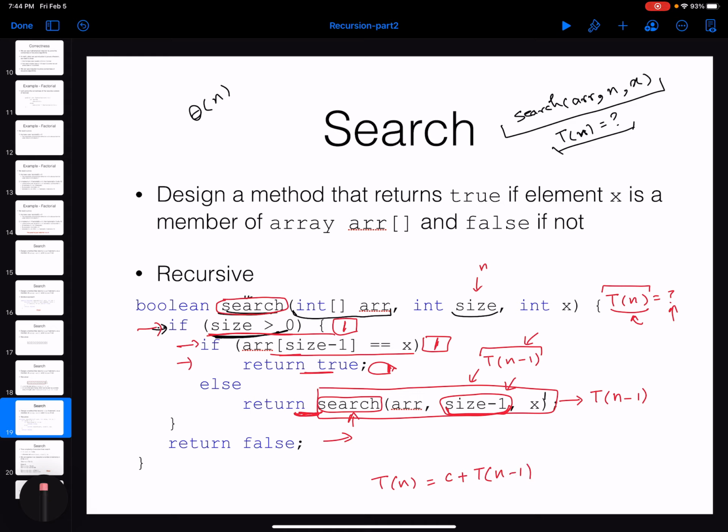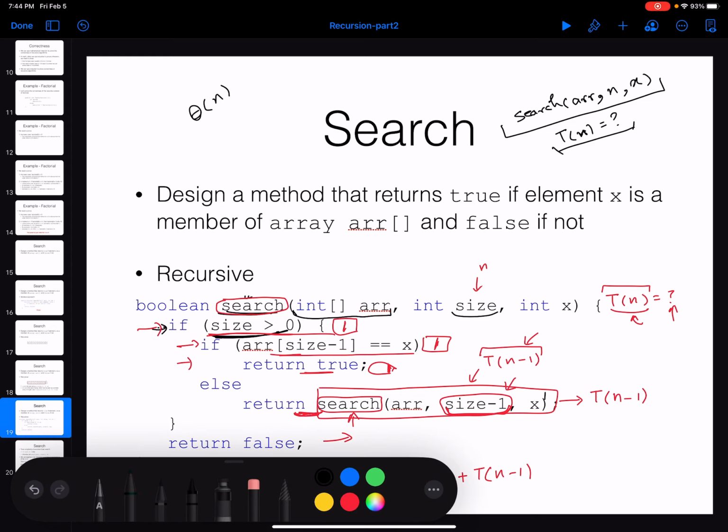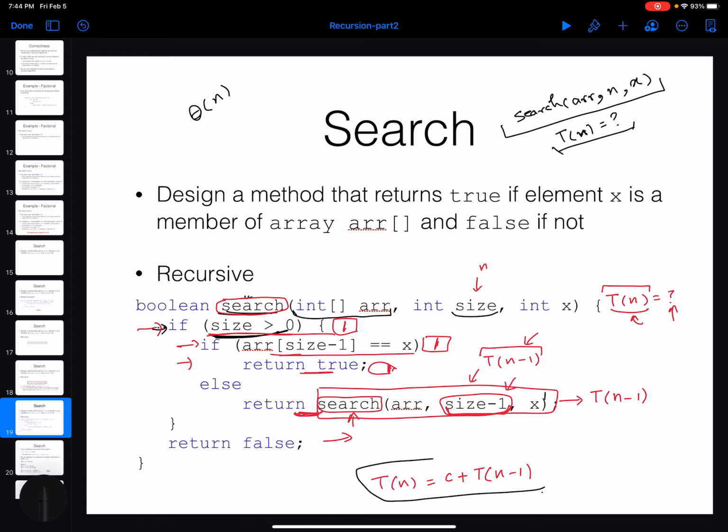So what I got here is a recursive relation, right? Again, I got a recursive relation for the time function. Obviously, if you have a recursive function, if you have a recursive method to investigate, if you are looking for the time function for that, the time function will be definitely recursive as well. Now what I can do is that I wanted to solve this recursive relation. So how can I solve this recursive relation? Let me actually just add it,